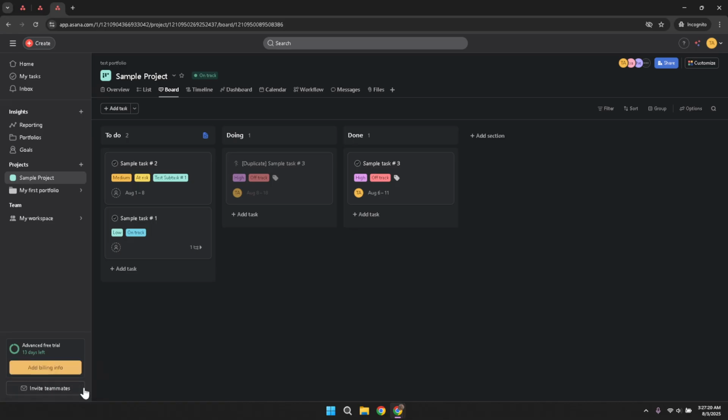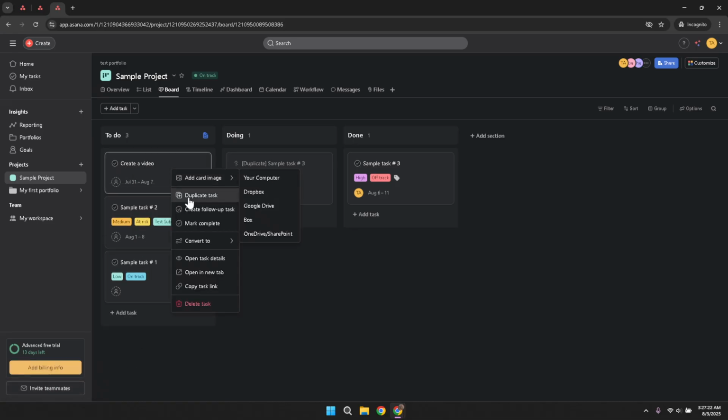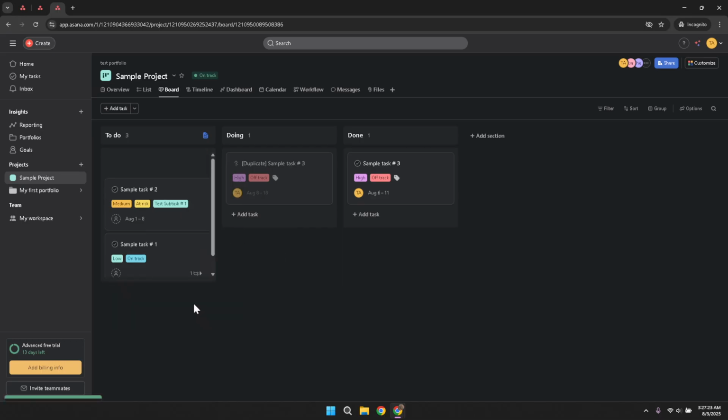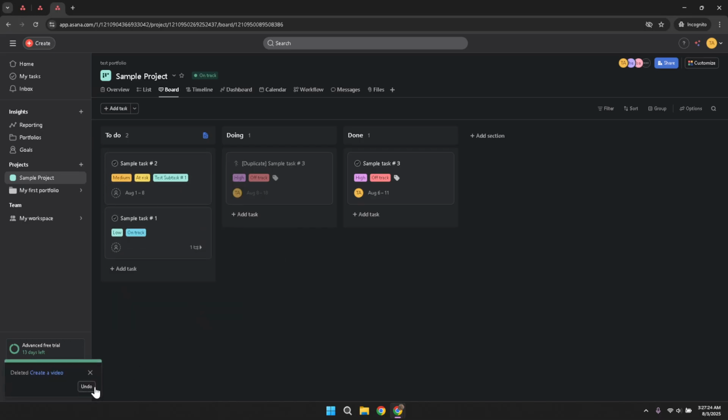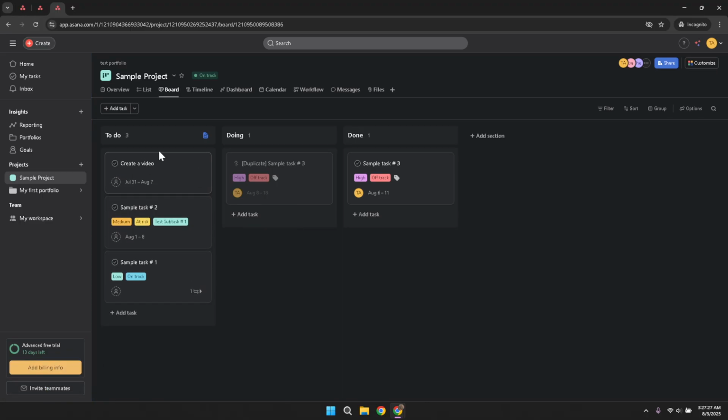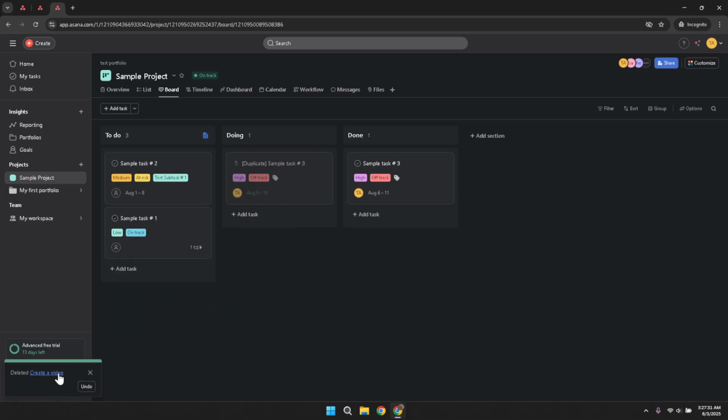The Undo button is a handy feature but requires prompt action. If you miss this window, unfortunately, the task will not be recoverable through this method. This brief time frame means that you'll want to make it a habit to review your actions if you suspect an accidental deletion. And there you have it, a straightforward and reliable way to recover tasks in Asana using the